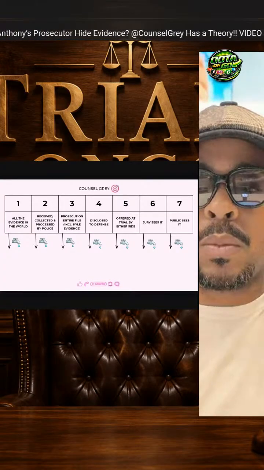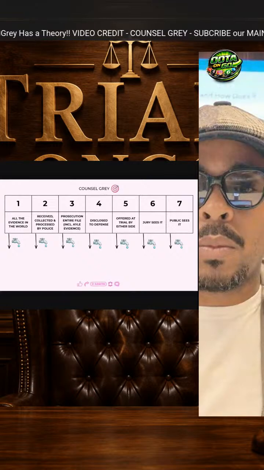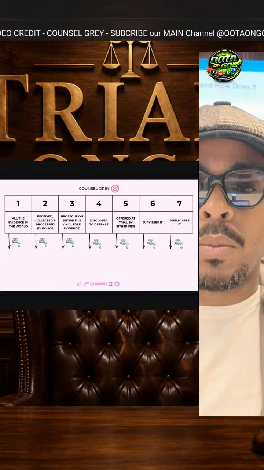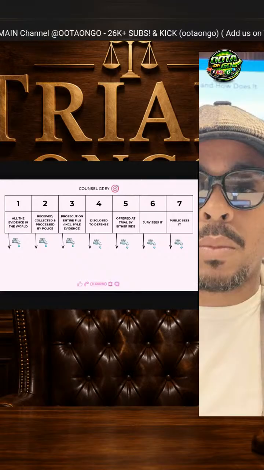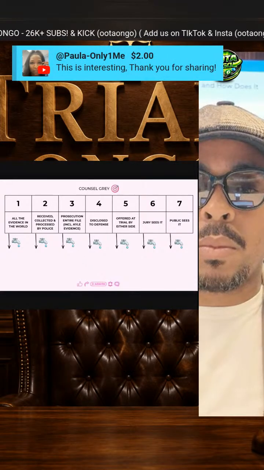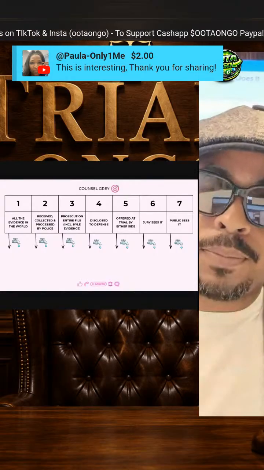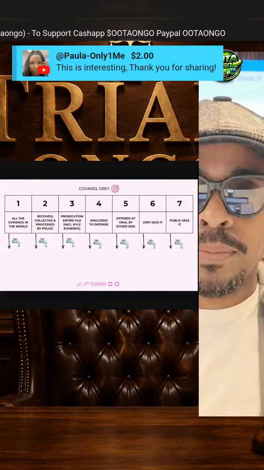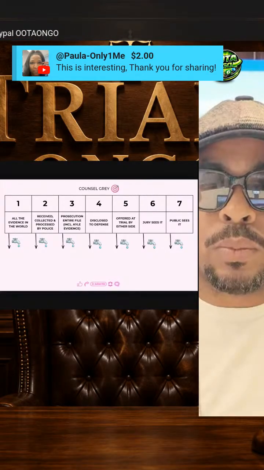And I'm going to show you why in a minute if you just got here. Just because they offer it at trial does not mean that the jury is going to see it, right? Because what happens there is that the judge can say that this is not going to the jury, right? This is not helpful or useful to the jury, or it will not help them get to more of a right answer. Okay. And then the last thing, even what the jury sees,